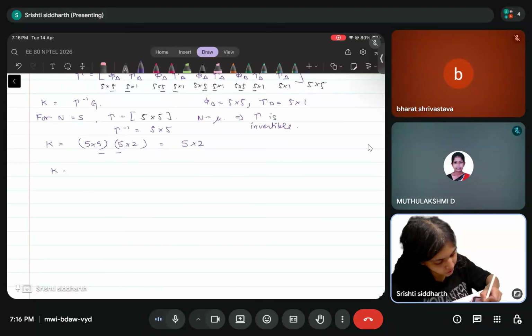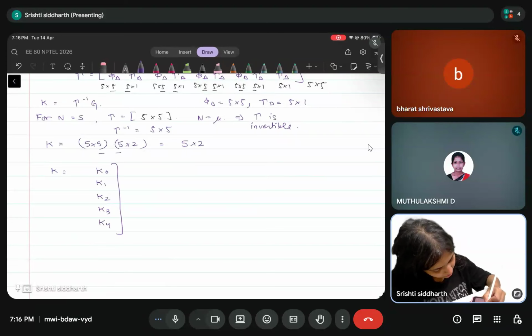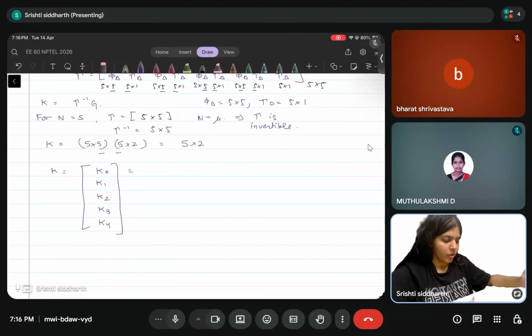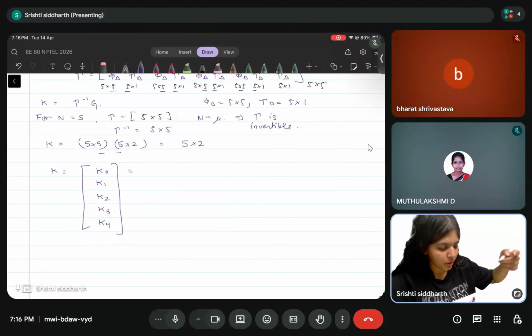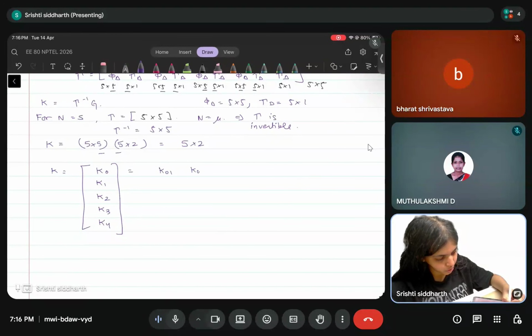So this means K is going to be K0, K1, K2, K3 and K4, and each of these is going to have 2 elements, right? So this is K01, K02,